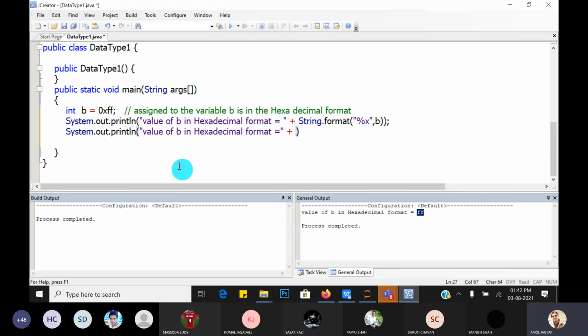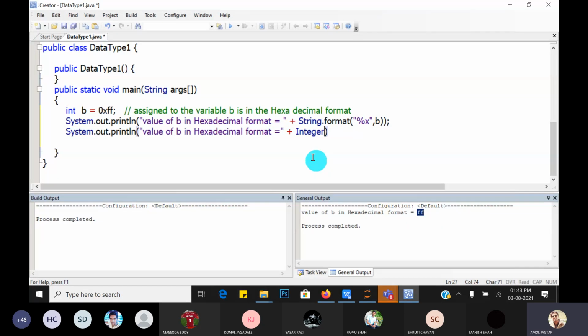That form is the Integer class. In Java, each and every data type is in the form of classes. For int, that int is in the form of the Integer class. We will see that also later on.